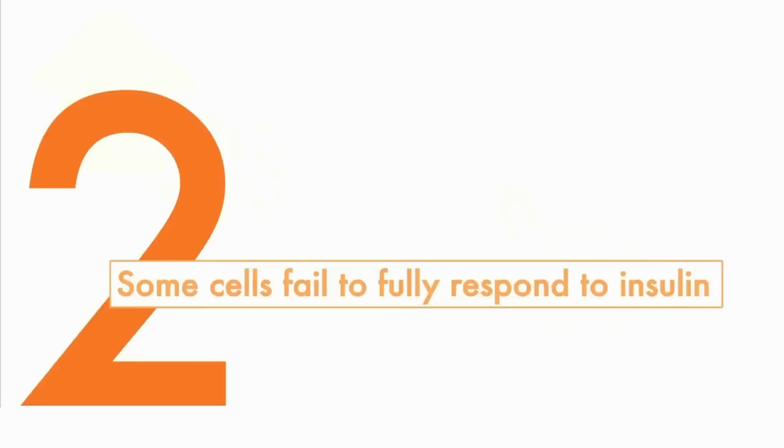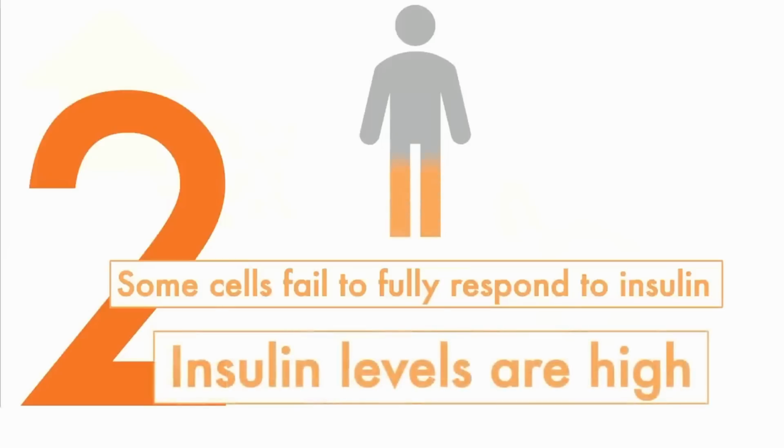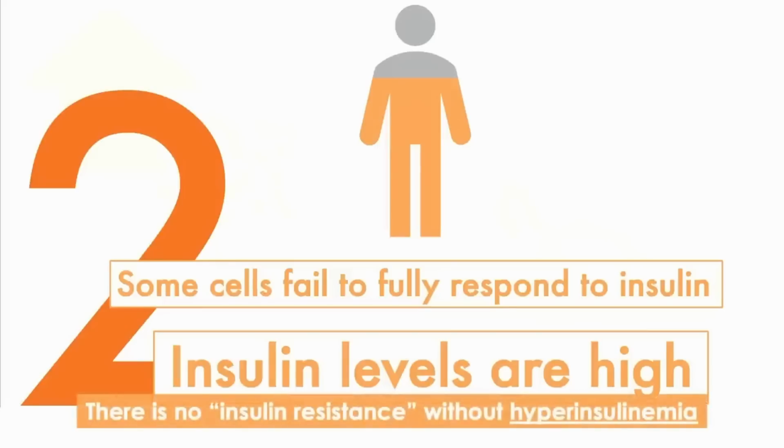One side of the coin is the whole phenomenon that I just got done talking to you about. That some of the body's cells aren't responding as well to insulin as they used to. But it's some cells aren't responding well. And this becomes a problem when we look at the whole body level. Because if we look across the whole body, insulin levels are elevated compared to where they were before. Indeed, there is no such thing as insulin resistance without hyperinsulinemia.